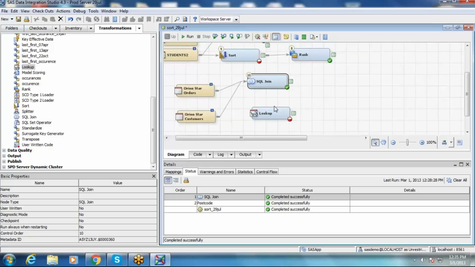The second difference would be performance. SQL join uses traditional joining techniques, so if your data set is a couple of gigabytes, SQL join doesn't give you better performance. Lookup transformation gives you better performance because it uses an advanced hash technique for joining these two tables.